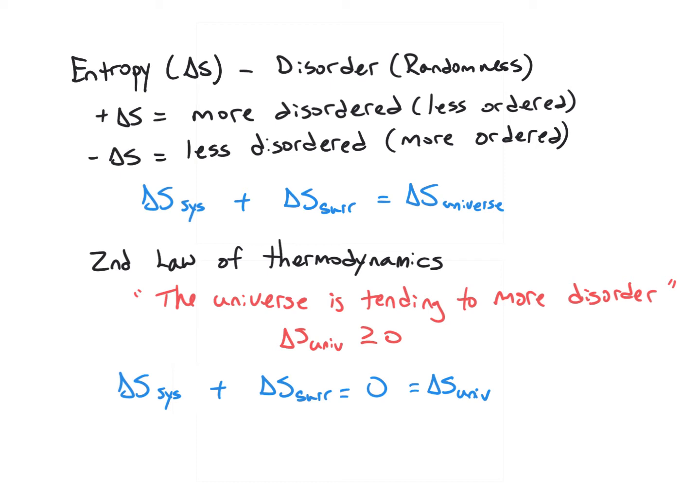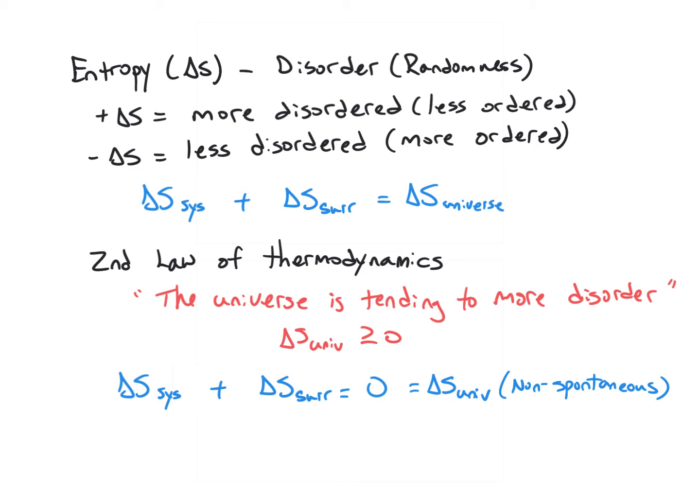But if the system and the surroundings add together to equal 0, then what we have is a non-spontaneous situation. Think back to my last video lesson. We talked about spontaneous and non-spontaneous. Non-spontaneous is a situation where you have maybe a chemical reaction in dynamic equilibrium. The system and the surroundings are becoming ordered and disordered equally, but in opposite directions.